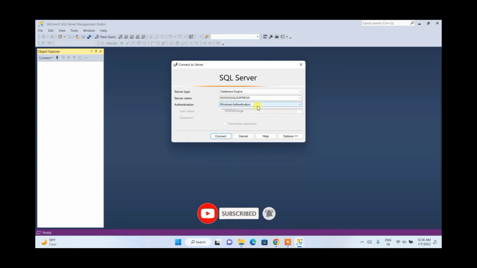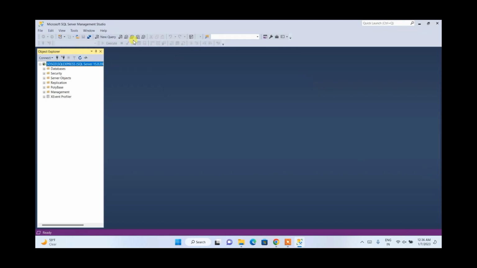Okay, if you need to know about how to set SQL Server authentication, please do drop a comment into our comment section. I'm going to make a video on that as well. Okay, if you need. So for now this is totally fine. Just simply click on connect, and there you go, it is rightly